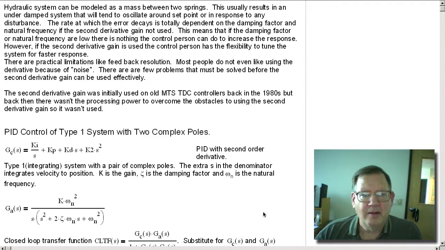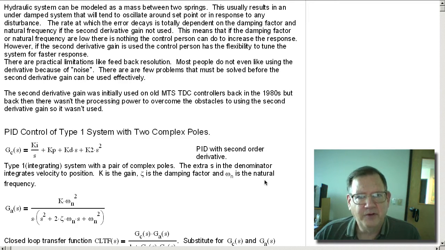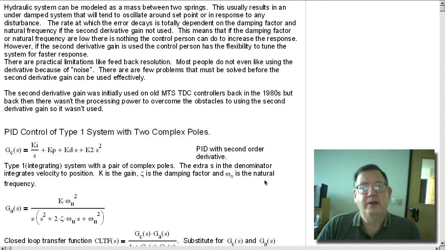The significance of this is that without the second derivative gain, the person doing the hydraulic control, setting up the controller, is limited by the natural frequency and the damping factor, and he has no control over that. That's what the hydraulic designer and the mechanical designer have control over. And so sometimes the control person gets stuck in situations trying to get performance out of a system where it's